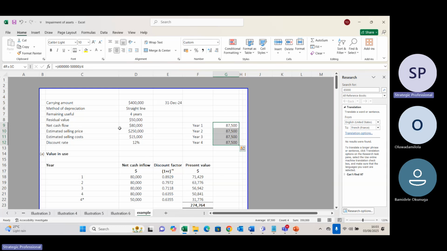Okay. So in this case, I'm just trying to paint a scenario where the residual value has to be considered, because that would be the amount of money you would generate when you want to sell that asset at the end of the useful life. And in calculating depreciation, typically you're supposed to do cost minus scrap value over estimated useful life. There is no cost here. In place of cost, we have carrying amount. So using that same formula, it is carrying amount minus residual value over the number of years. Okay, noted.